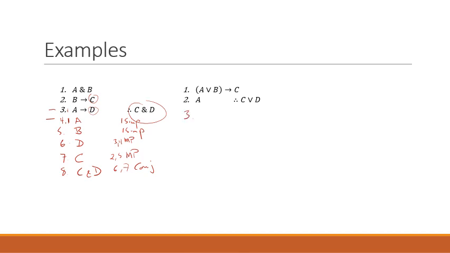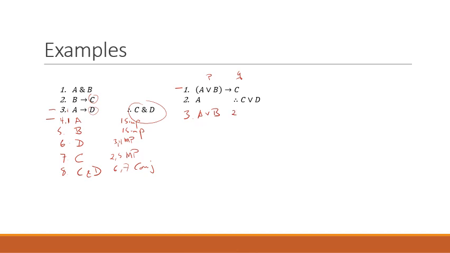But the first thing I'm going to do is addition, and that is because what I want is the antecedent of this conditional. So line 1 is a conditional, and this A or B is the antecedent of that conditional, and the C is the consequent. So if I can get the antecedent, I'll be able to get the consequent, which is C, and C is part of the conclusion that I want. That is going to be an important thing. So what I'm going to do is add B